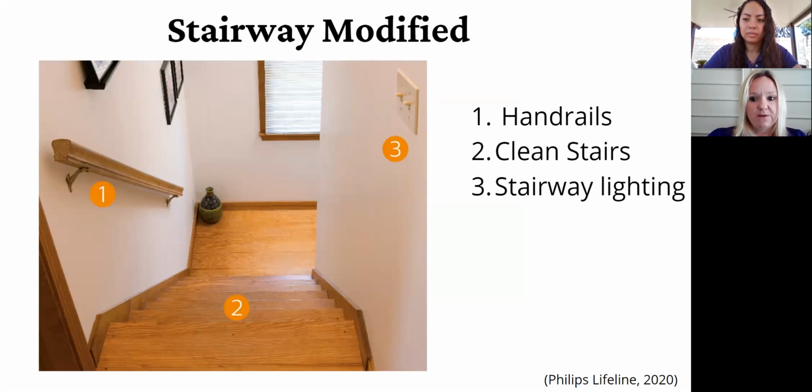The third item is the lighting, making sure that the area is well lit, so an adult that's walking down the stairs is able to safely ambulate down. They can hold on to the handrail. They know that the stairs are clear. They're not going to bump into anything. They also know that their area is well lit. They'll be able to see every move that they make and make it down safely.